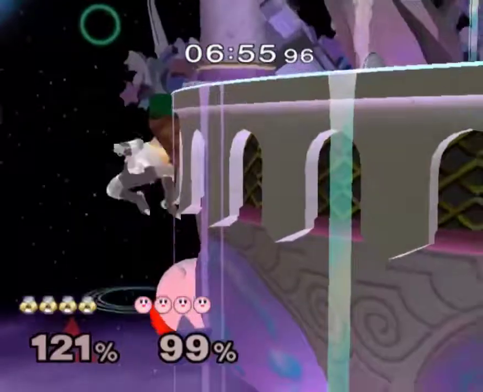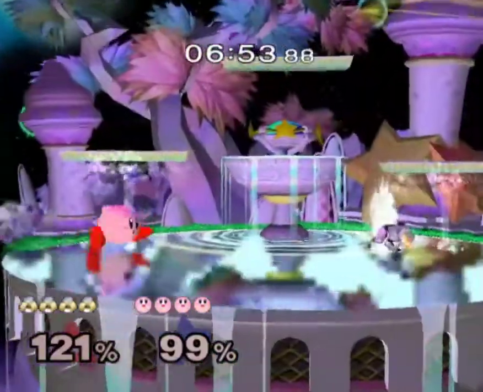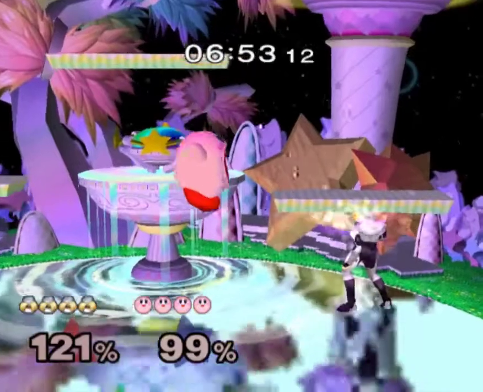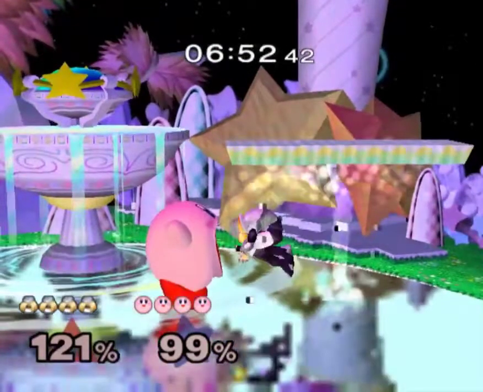So after getting his projectile landing on stage, he goes for a full hop running inhale. Again, I'd like to see a short hop here rather than a full hop, but I do understand how hard it is to get a short hop neutral B out. Now, Sheik just kind of goes for a jab, I think, or a grab, which unfortunately puts her hitbox into